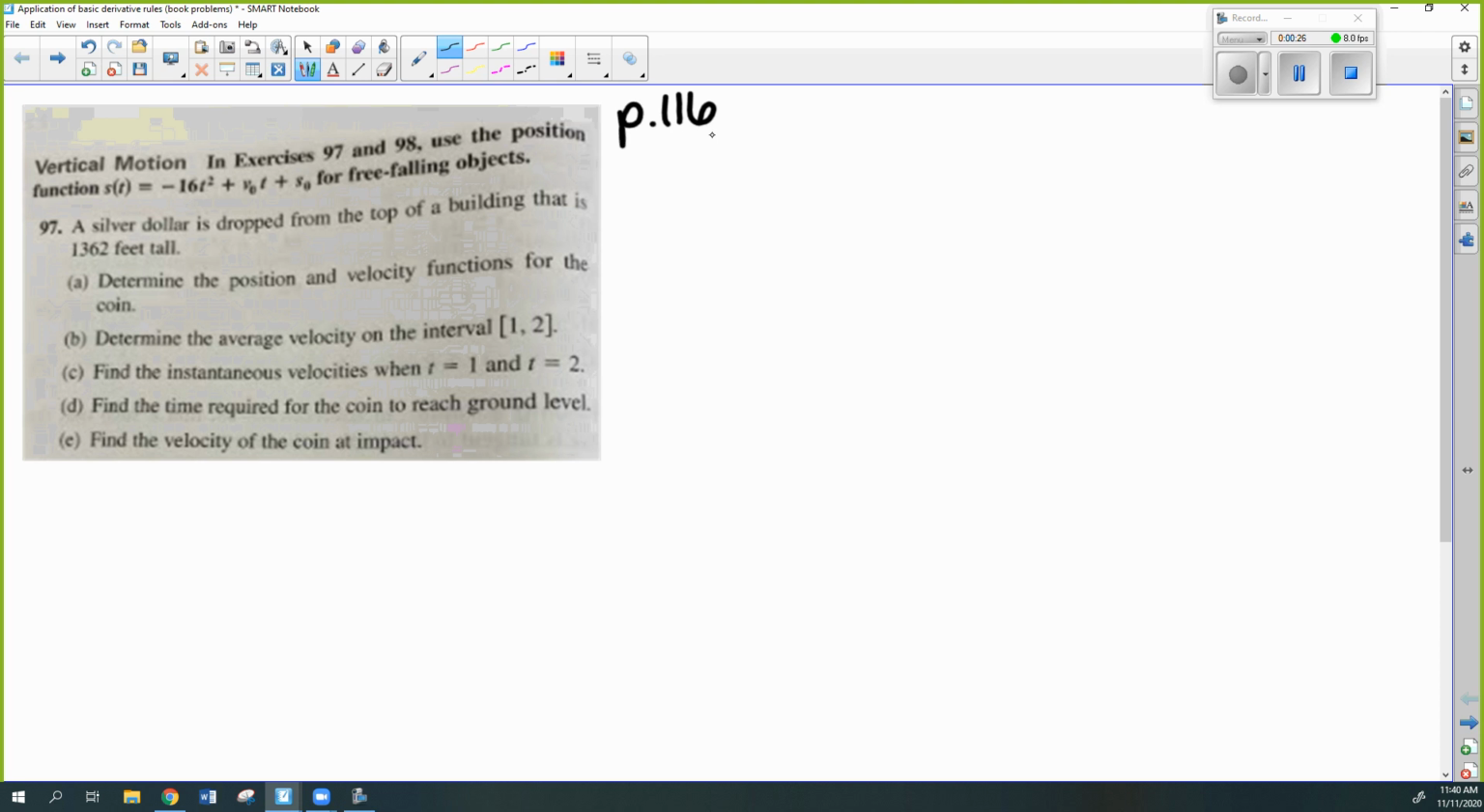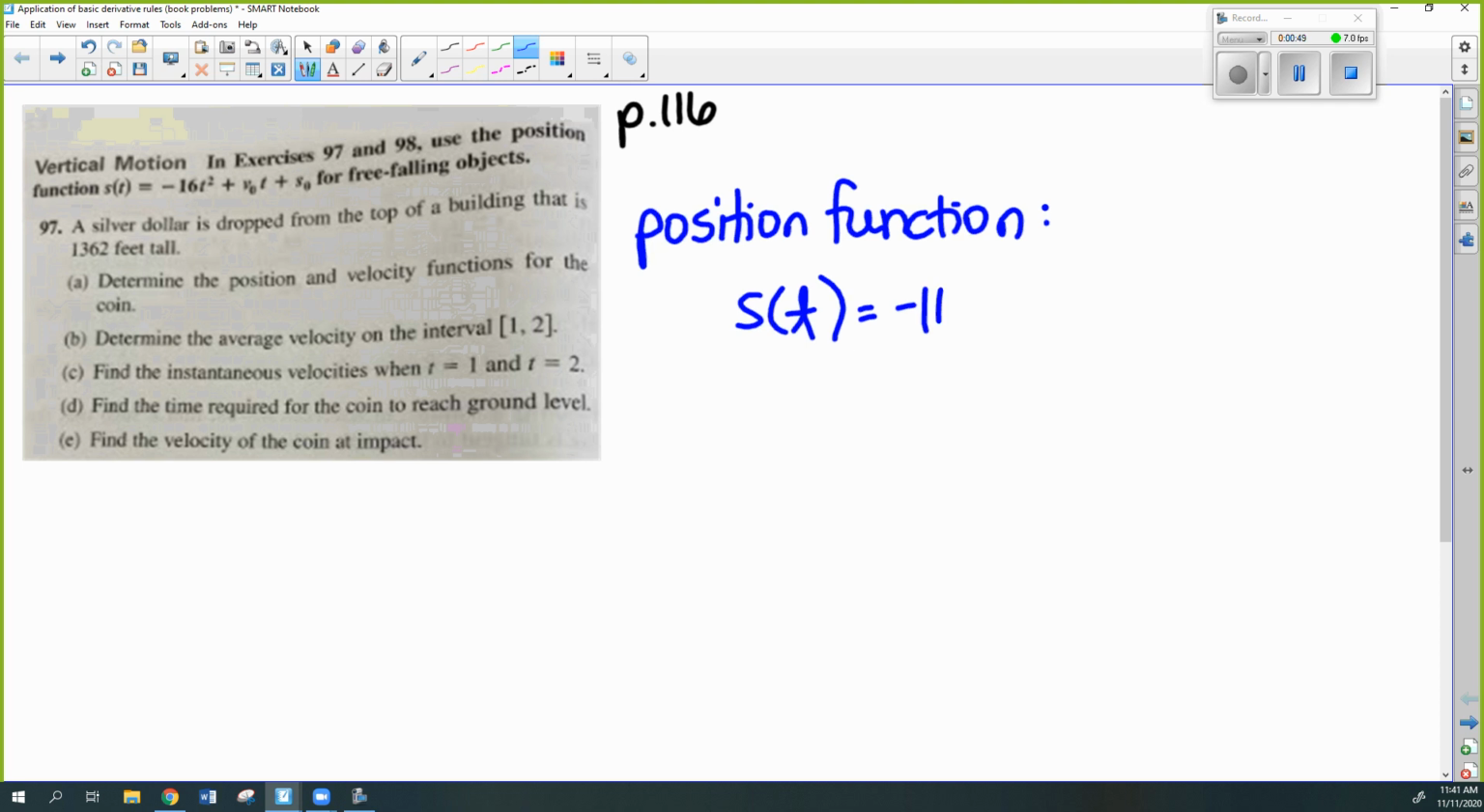And so the beginning of problem number 97, right above it, it says in exercises 97 and 98, use the position function. So you guys need to write this down as part of your notes. Position function, S of t equals negative 16 t squared plus v sub 0 times t plus s sub 0. All right, so this is the position function for free falling